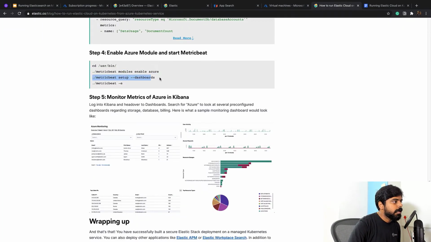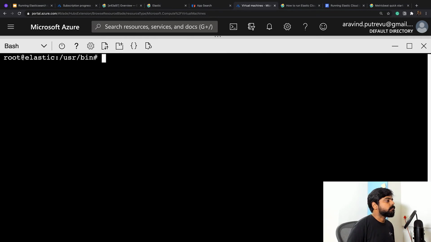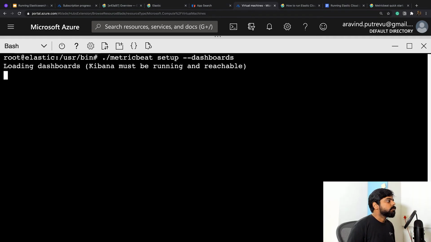And then I'm going to enable the dashboards here, back to the WQ, clear off the stuff, and then run the dashboards so that we could set up the dashboards in Metricbeat in Kibana. So let us see if we could create this successfully. And once that is done, we could check the setup, and then we could start Metricbeat itself, as